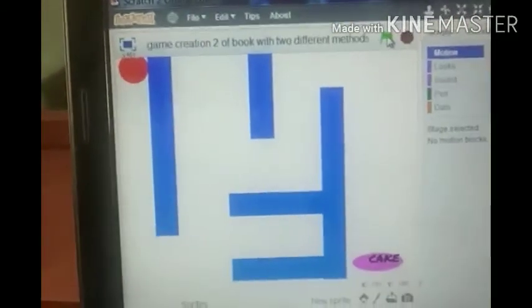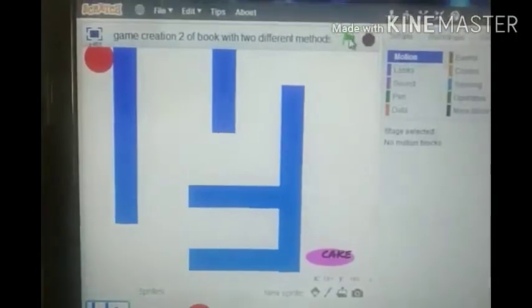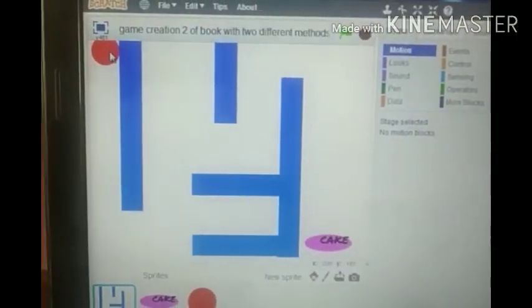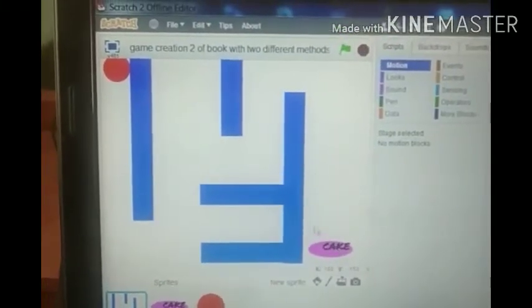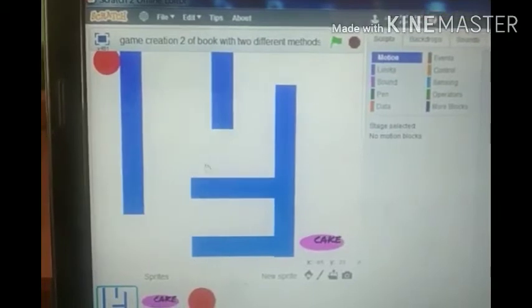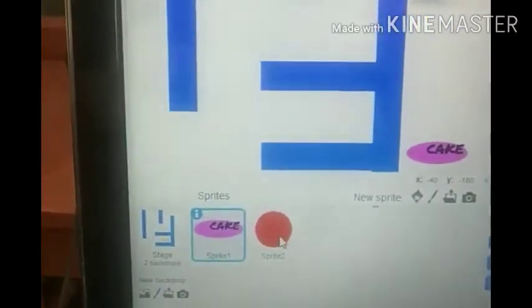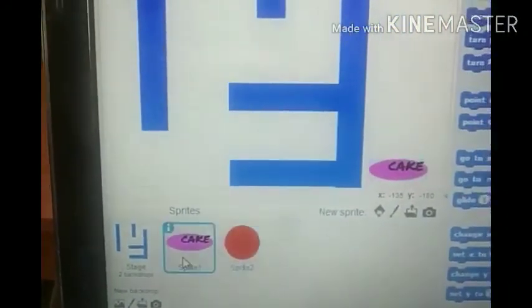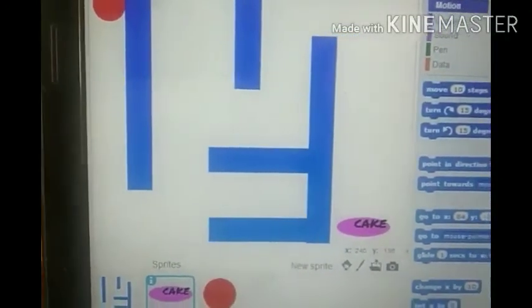For this second creation of game, I had created the screen that is known as backdrops. You will also create it without including the ball as well as without including the cake. Means these two will not occur in the picture, because both are sprites, whereas this blue screen is known as backdrops. As we can see downside, this one is known as backdrop, and you will give the name. Second, sprite 1 is cake and sprite 2 is ball. So sprite 1 and 2 should be dragged here, and we will write the code over here.